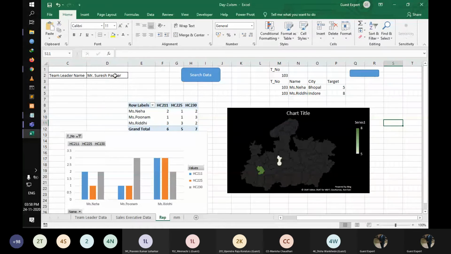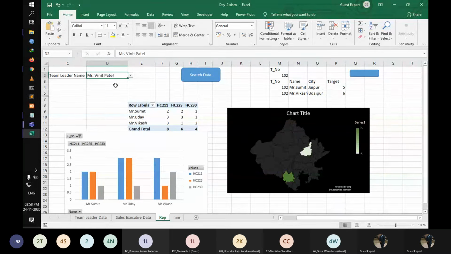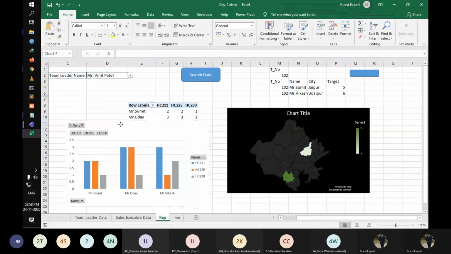Okay, we take the dark one, so Vinith. One data is missing right now, but we have to check it out. But in the one chart we show each and everything.